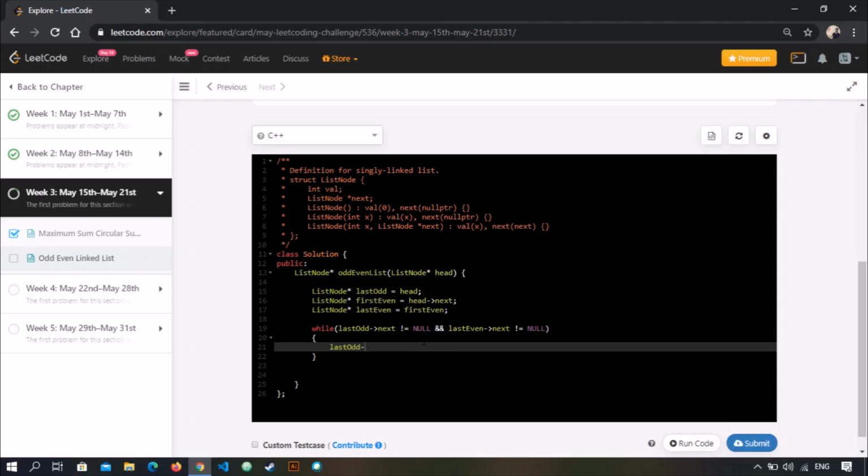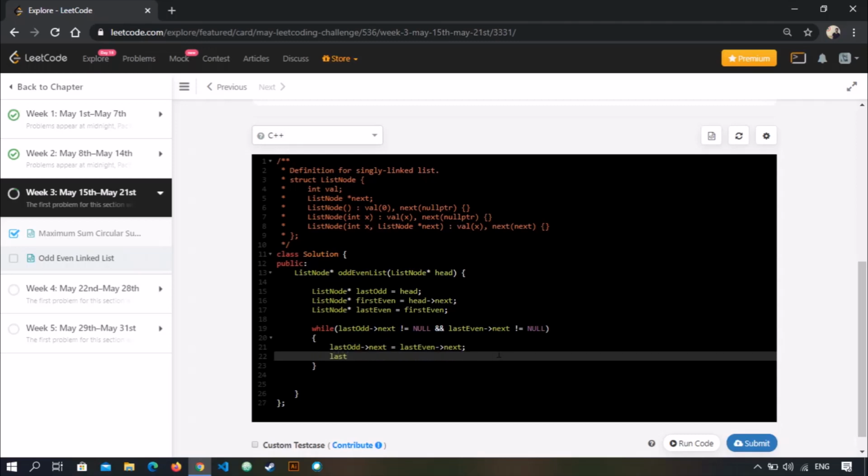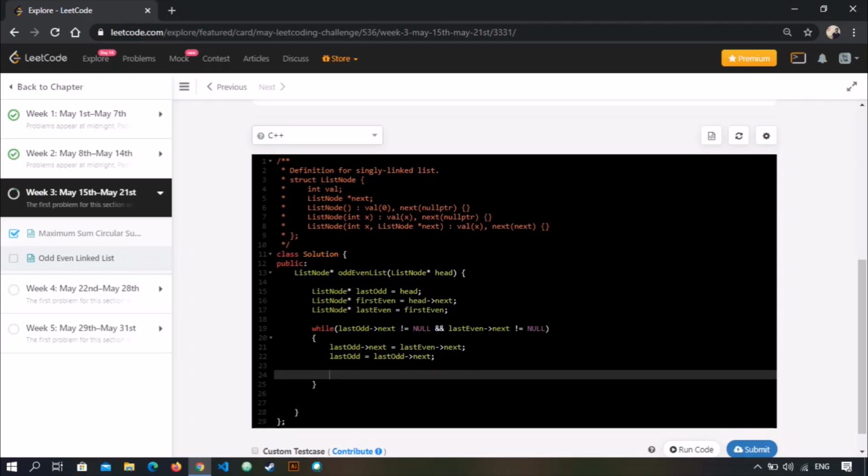Last odd's next should be last even's next, and we update our last odd pointer as well by doing this, and we just reverse the rules and do this for even nodes as well.